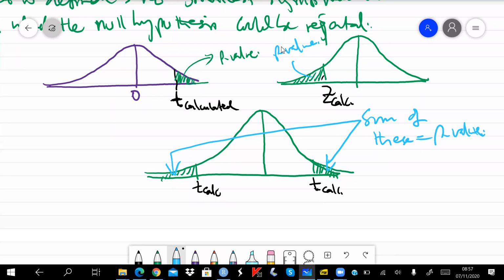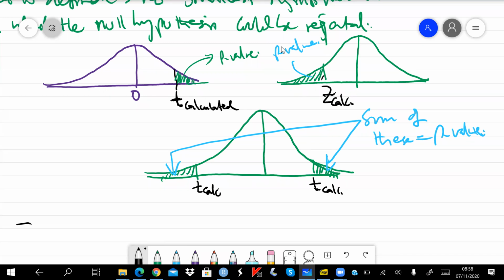The p-value tells you the amount of evidence that you have against the null hypothesis or in support of the null hypothesis. Usually it's the amount of evidence you have against the null hypothesis. Okay? So if the evidence you have in support of the null hypothesis is very, very small, then you reject the null hypothesis. So we say that